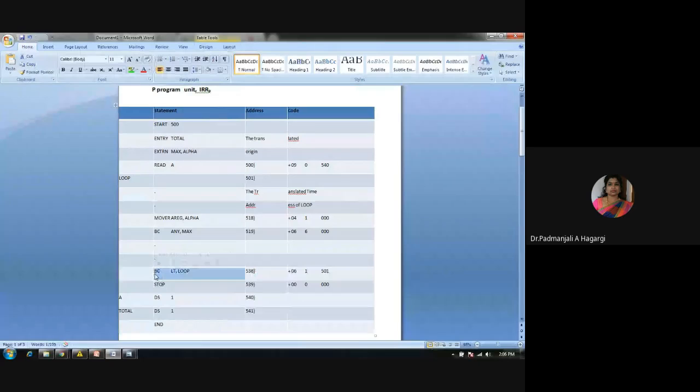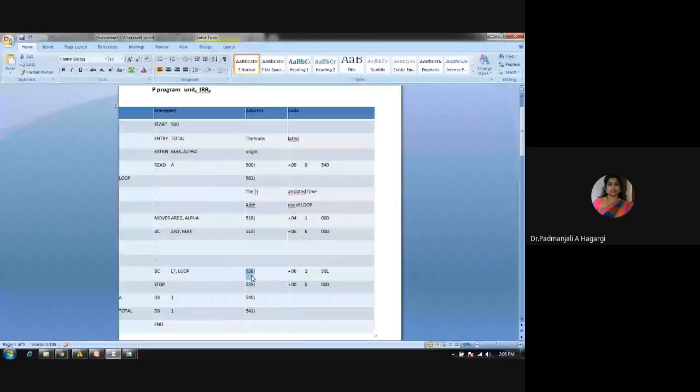So this is how the relocation will be performed. Depending on this, when the program is started at 500. Now, when it is started at 900, of course, it will start at 938 or some other. Let me do the calculation